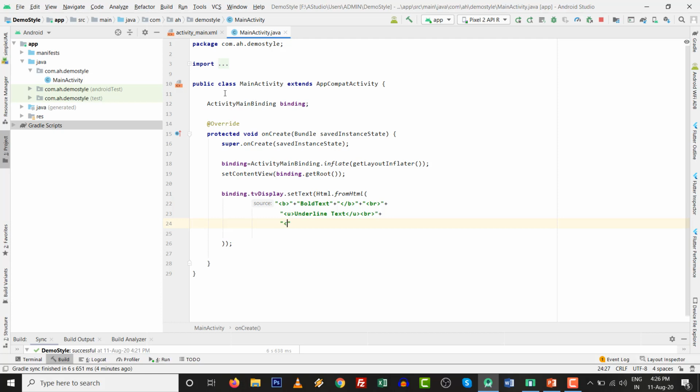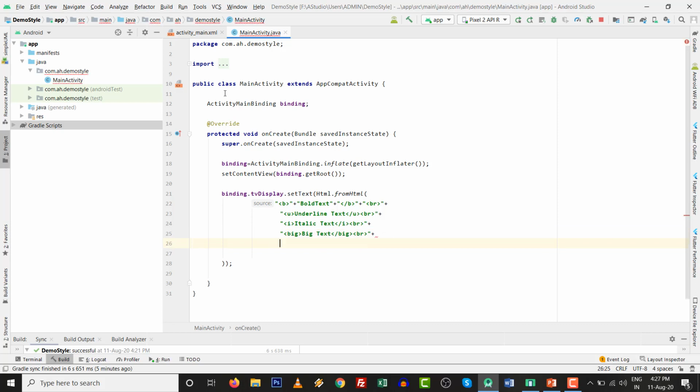I want to use the I tag for the italic purpose, so italic style will be added to this particular text. Then I will copy this br tag. I think it's good for me. So double quote, and after that, if you are aware of certain other tags, likewise the big tag is there for big text, then you can add it that way.